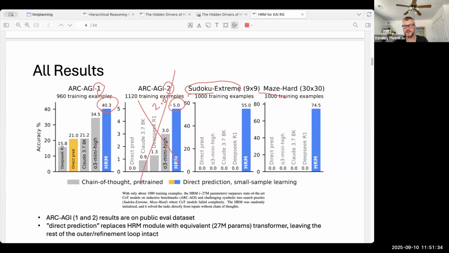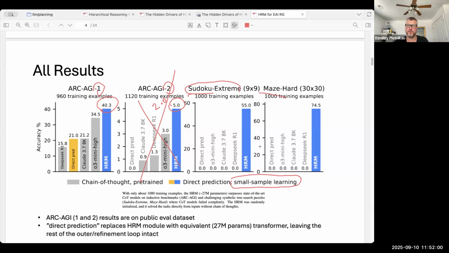And I believe they augment Sudoku and Maze as well. But in a sense, they are calling this small sample learning because in all these cases, they only have essentially 1,000 distinct, unique problems as a demonstration to train